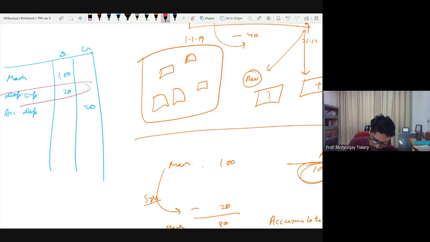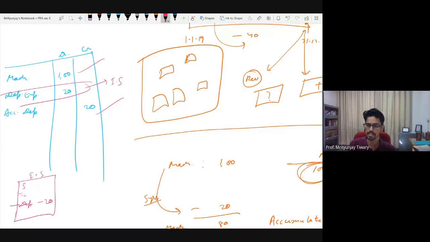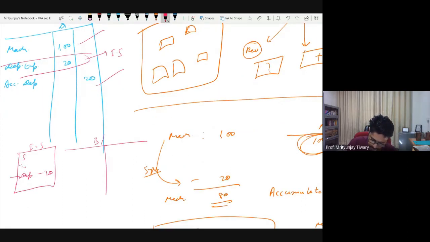So this one is an expense. So this will get transferred into the income statement. These two will get transferred into the balance sheet. Let me show you how. So the income statement will not get affected because of this. So far, in the income statement there were sales and other expenses, and then there was a depreciation expense. So earlier also we did this, and now also we will do the same. Depreciation expense will go to the income statement. What will change here is that in the balance sheet, on the asset side, you will say machinery 1 crore less accumulated depreciation 20 lakhs, and that's how you have 80 lakhs.